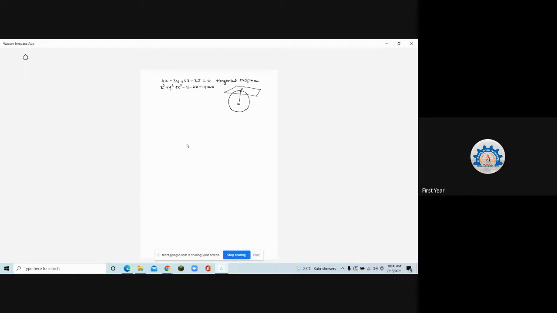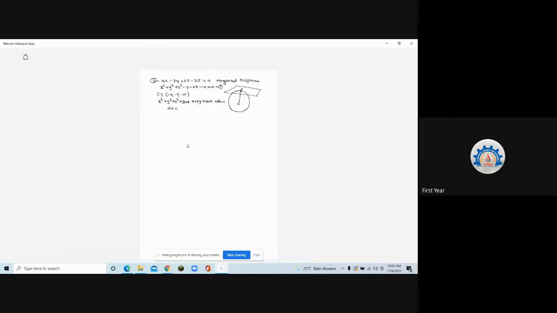For that, first I have to find the center of the sphere. How do we get the center of the sphere? It is minus u minus v minus w. So your general equation of sphere is x square plus y square plus z square plus 2ux plus 2vy. We have solved examples of this type yesterday, but still I am doing one. So compare 2ux in the equation which is given. This is the equation of the sphere.